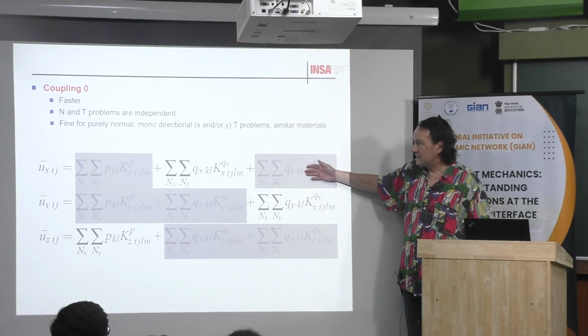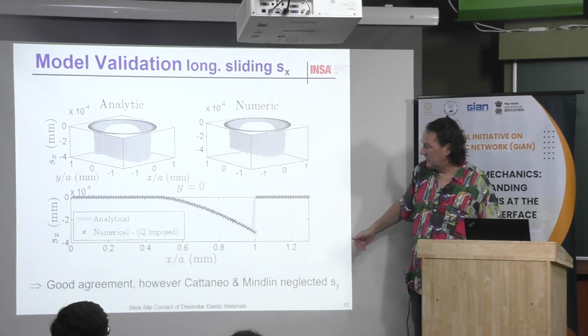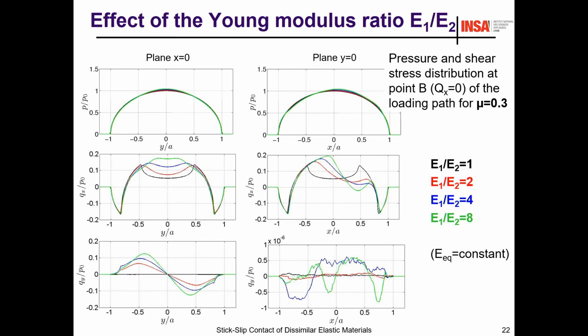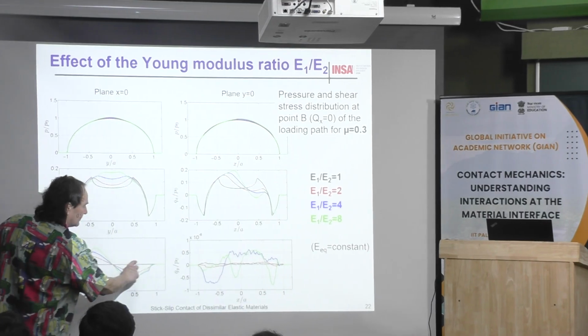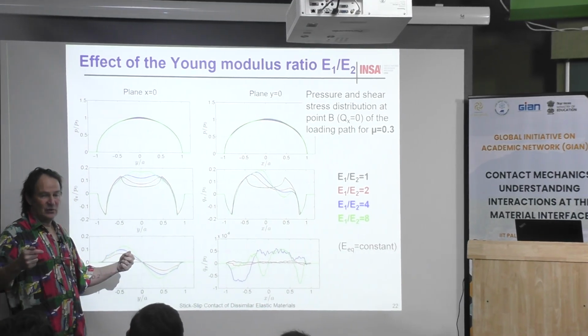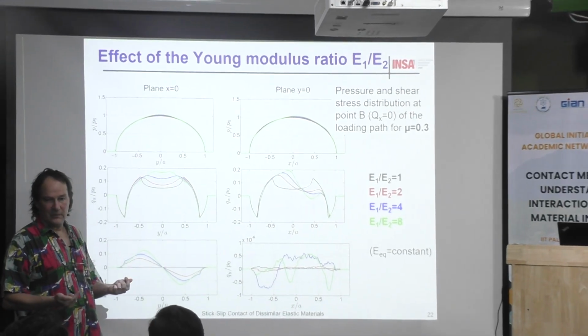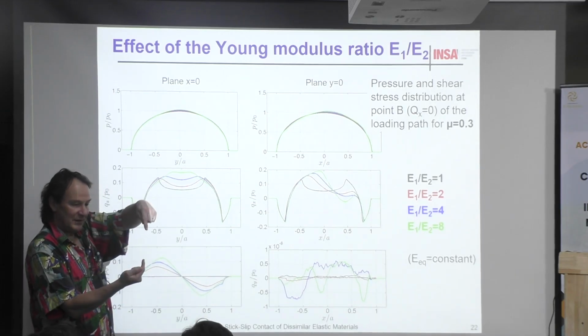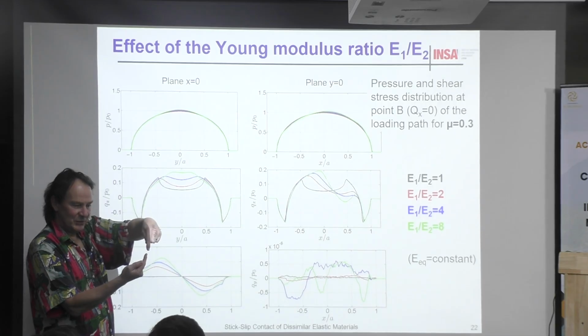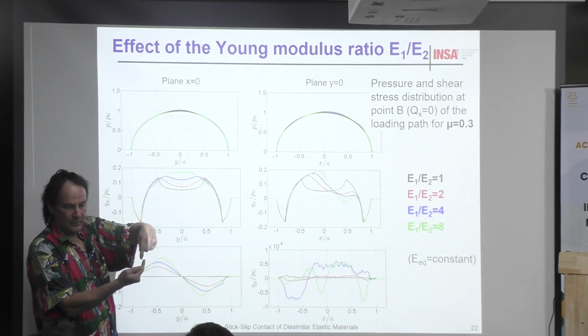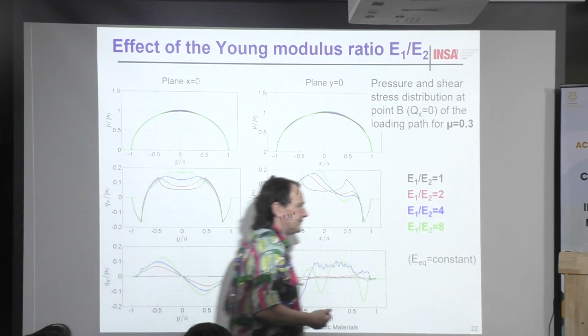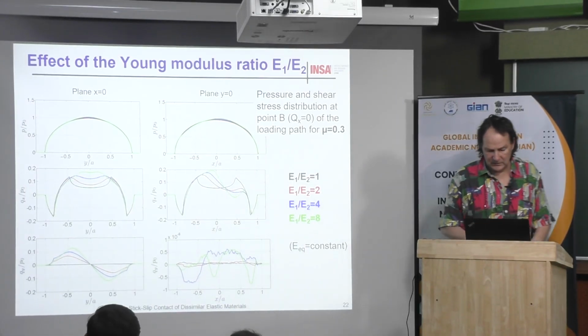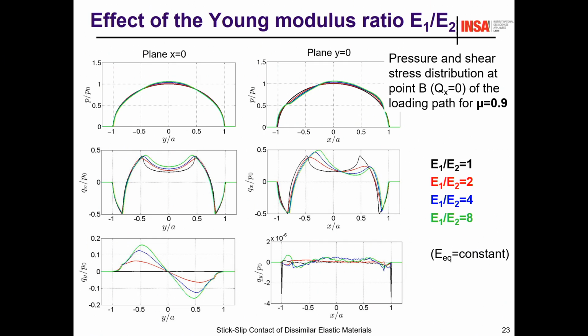And the proof of that is in this figure here. You can see that Qy equals 0. Then when you have the same materials, there is no transverse shear stress. But when you have some elastically dissimilar materials, the 2 points that are in contact are not moving the same way, then there is some micro sliding between them. Then difference between this one and the other one.